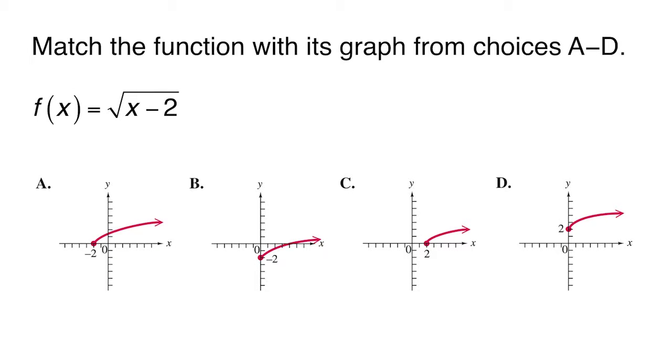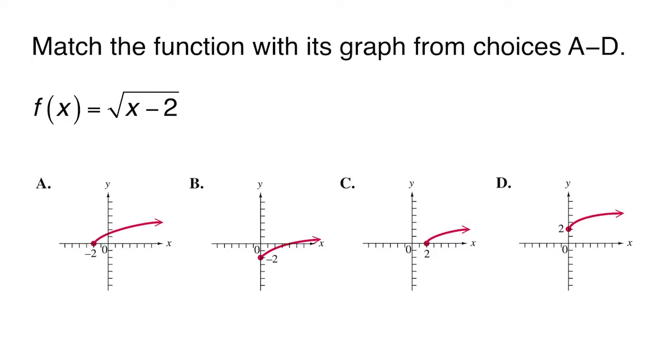Match the function with its graph from choices A through D. f of x equals the square root of the quantity x minus 2. Is it A, which has the same general shape as the square root function with a starting point of -2, 0,